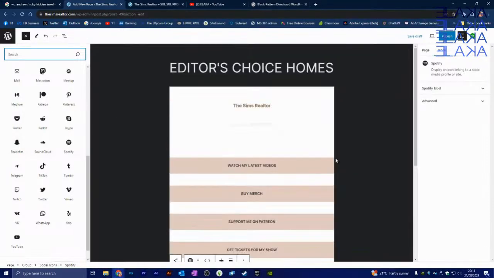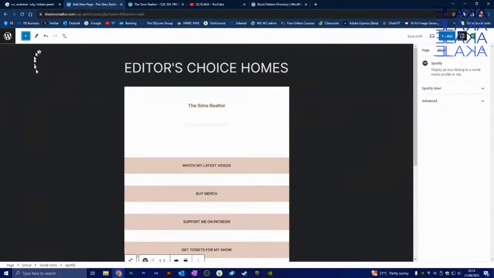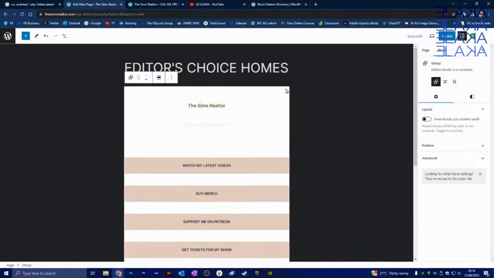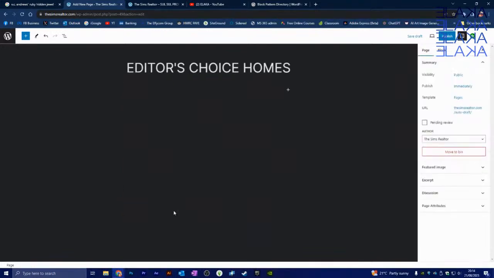Okay, so with that said, if you want something very simple, you can get the page template that way. That aside, I'm going to come out of it. Hang on. Editor's choice homes. Okay, so I want to get rid of this whole thing, actually. I want to get rid of this whole block. Okay, so I'm going to go ahead and delete it because that was just for